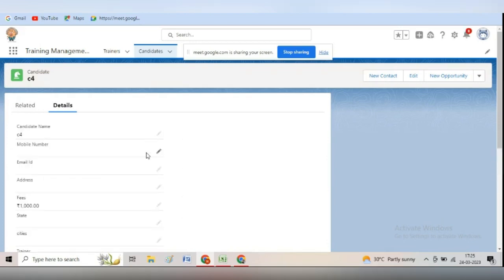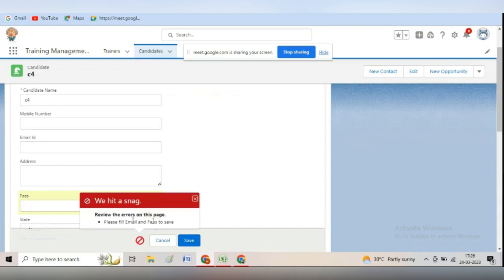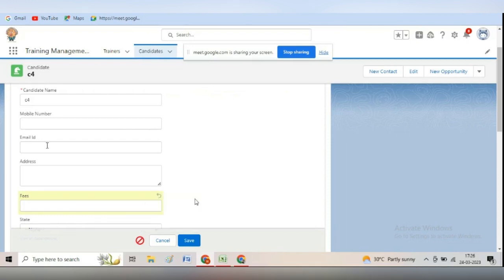So here I have created a validation in which I don't want to keep the email field blank, right? And also I don't want to keep this fees field blank, right? So I tried to save. It gives the same message. Please fill email and fees to save, right? So this is the validation, and if I am putting any value to this field or email ID field,